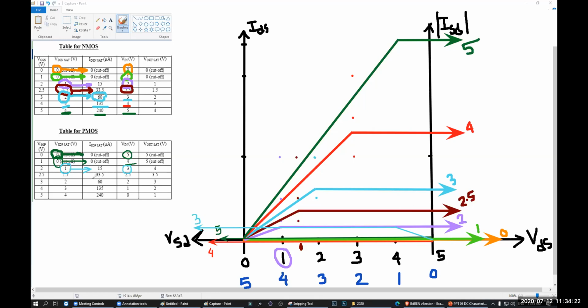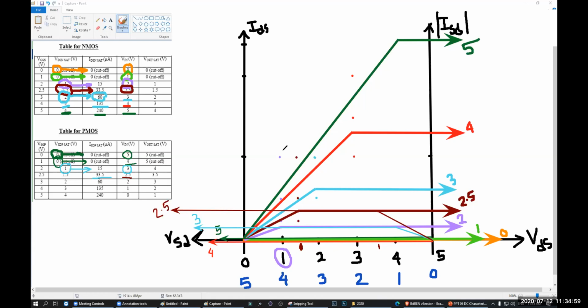For next one, 1.5, the value is 33.5. I'm going to choose a color like this. Why is 1.5? From between 1 and 2? Between 1 and 2 is this one, right? So here 33.5. This is 33.5. So I'm going to draw a line, that is arrow, like this. I'm going to draw a line like this, and I'm going to write the value of input. What is the input? Input is 2.5.